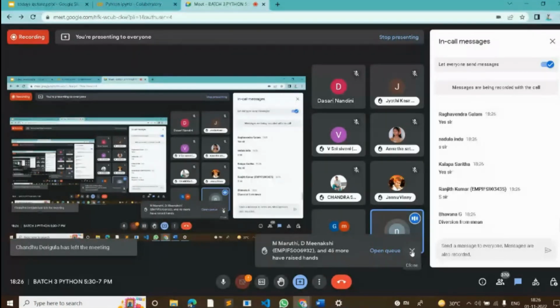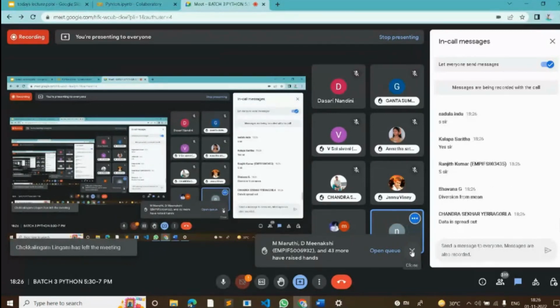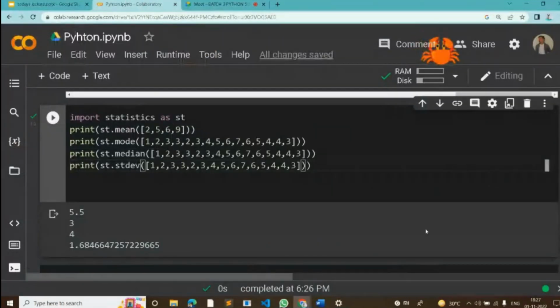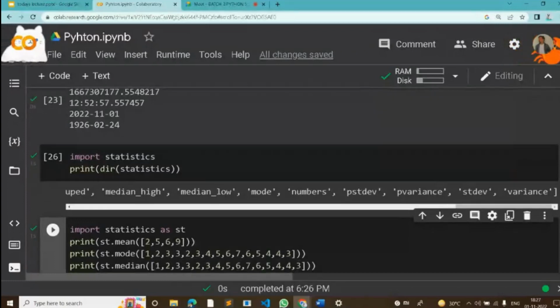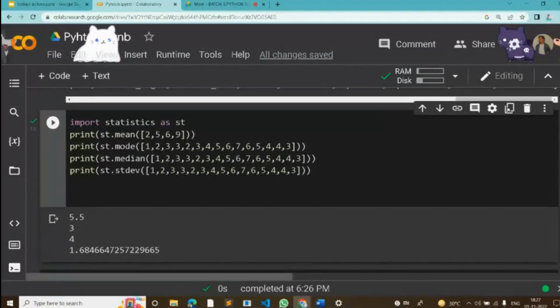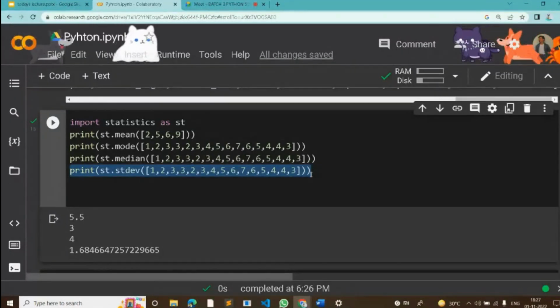Okay, just tell me what is the formula of calculating the standard deviation? And what is the relation between standard deviation and a variance? If I am calculating the variance for this, what is the value I am getting? This is variance. If I am calculating the variance for this,